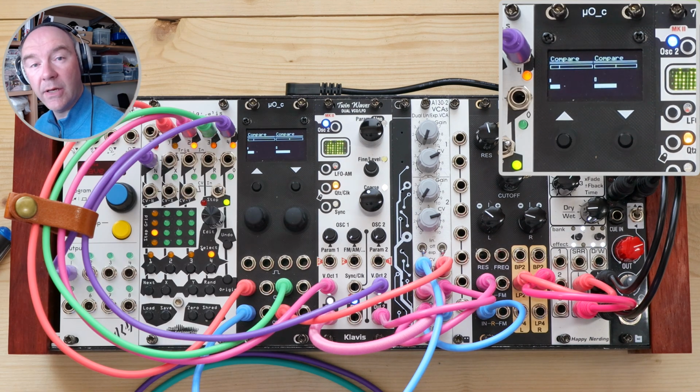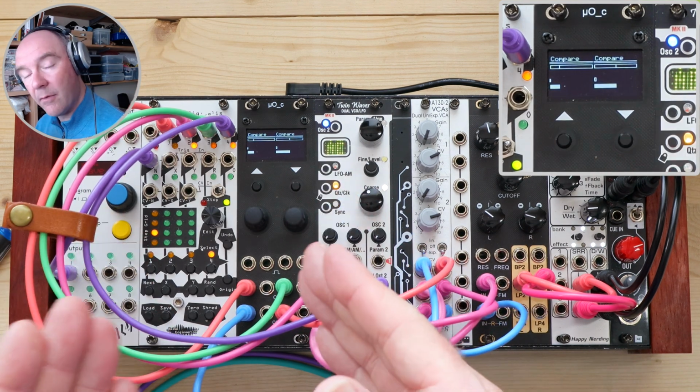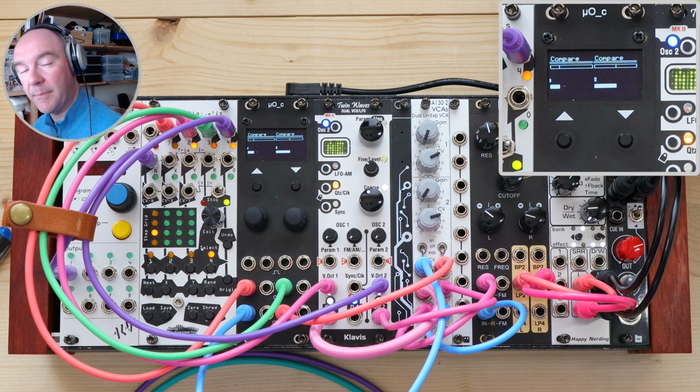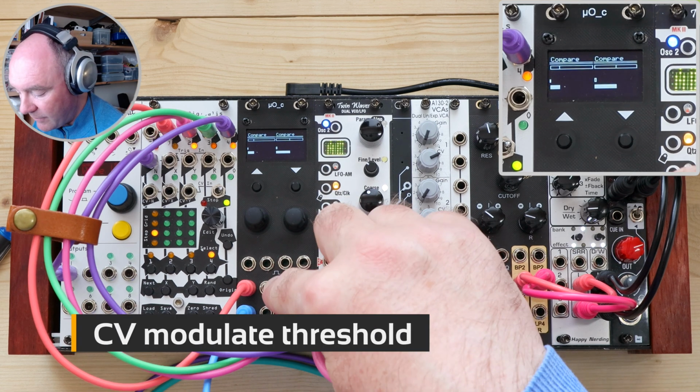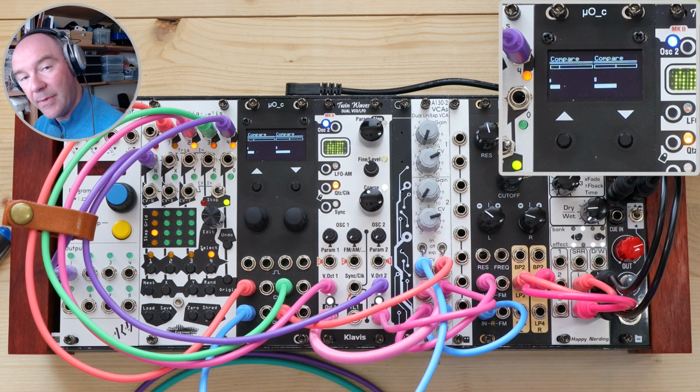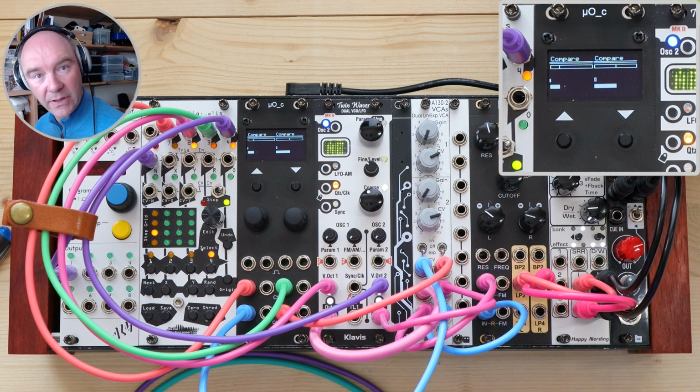So there you heard that by just changing the compare values, we're able to change the rhythm being generated because the input value had to be greater than that threshold before a gate gets generated. With the compare applet, you can also modulate that threshold by sending a bipolar CV value into the CV2 input. So you could actually dynamically be changing where that threshold point is as your notes are being played, and you